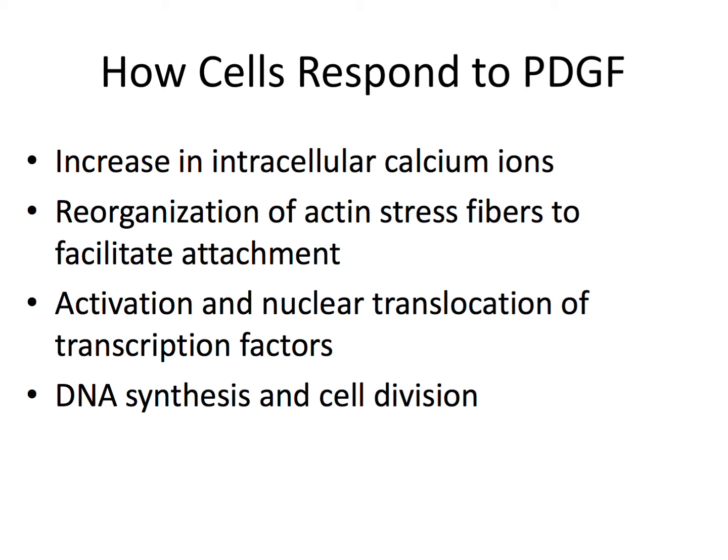So when the PDGF attaches to the receptor on the cell surface, the first thing that happens is increased intracellular calcium concentrations. You get a reorganization of actin filaments that facilitates attachment, and then activation and nuclear translocation of transcription factors. So these are transcription factors that are sitting out in the cytoplasm inactive, and when they get the signal, they move into the nucleus and initiate transcription, which leads to DNA synthesis and cell division. So this is